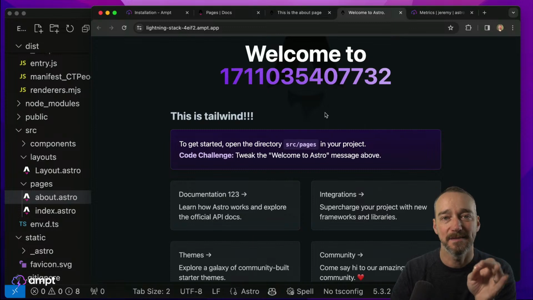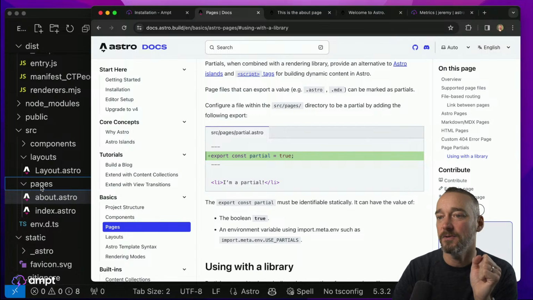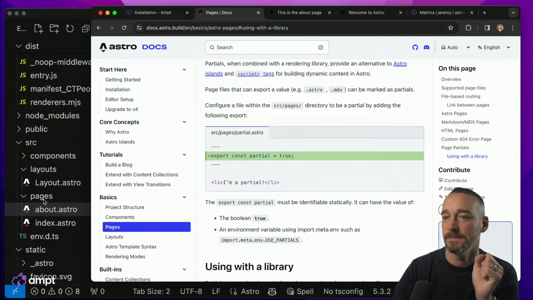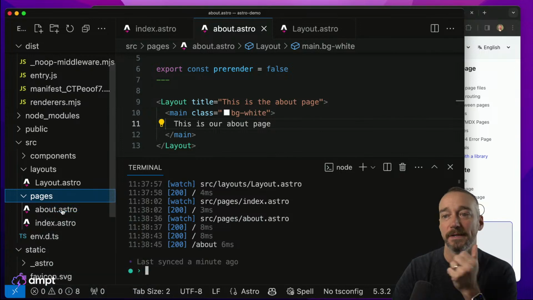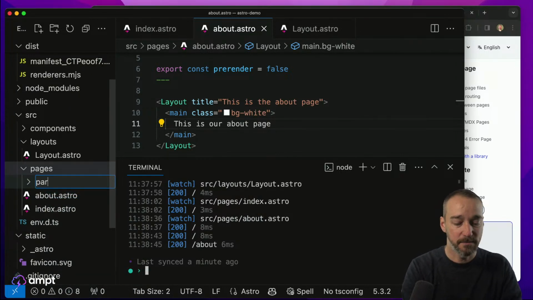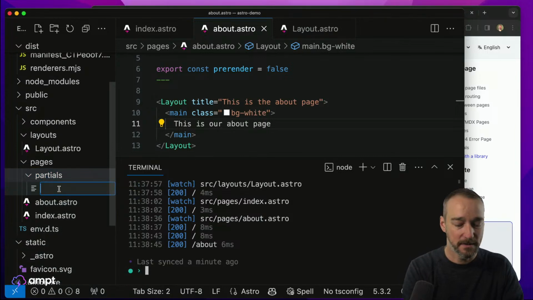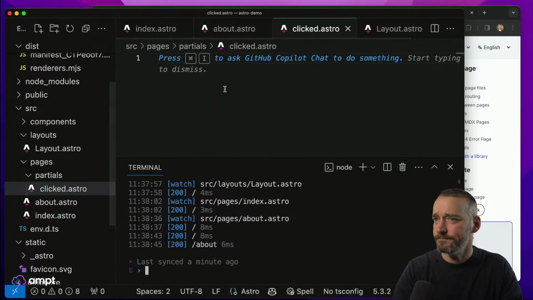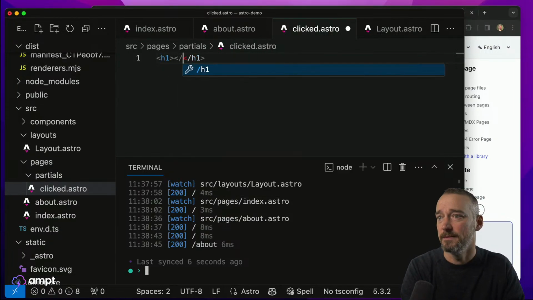If you want to not spit that back, that's when you have to use this partial thing here. So let's do a couple things. One, let's create a new folder over here, pages, new folder, and we'll call this partials like this, and then we'll create a new file called clicked.astro like that, and then we can just say h1